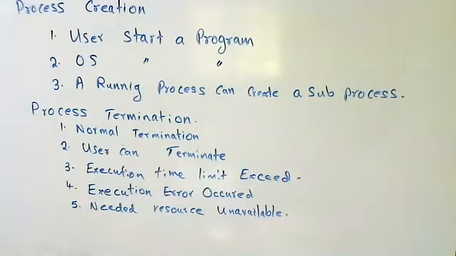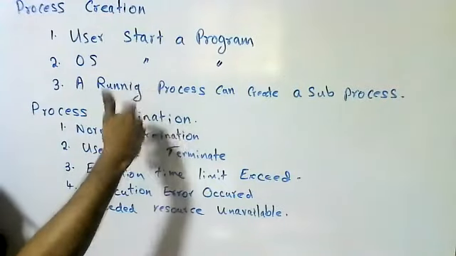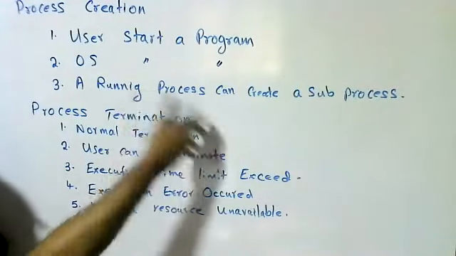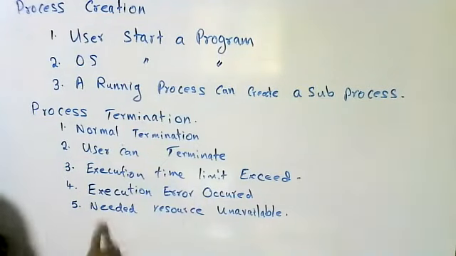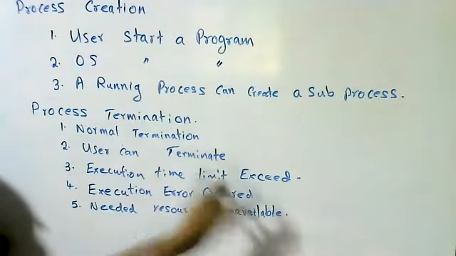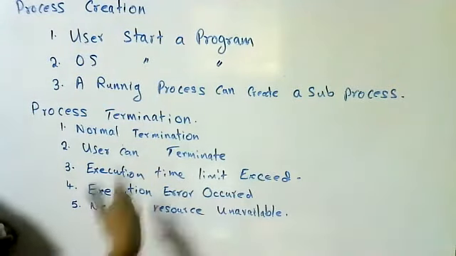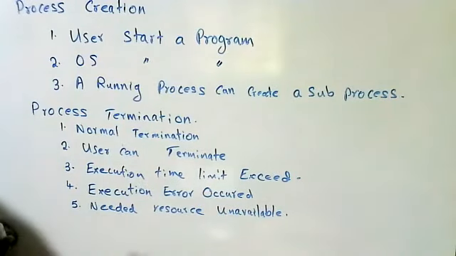I gave you two examples. Process needs CPU, always CPU is available, no problem. Process needs RAM, always RAM is available. Process needs files, sometimes that file may not be there. That file may not be available at that particular time, so the process can terminate. Sometimes a process needs IO devices, input output devices. A process needs a web camera and it is not there. A process needs a printer and it is not there. That means the needed resource is unavailable, so the process can terminate.